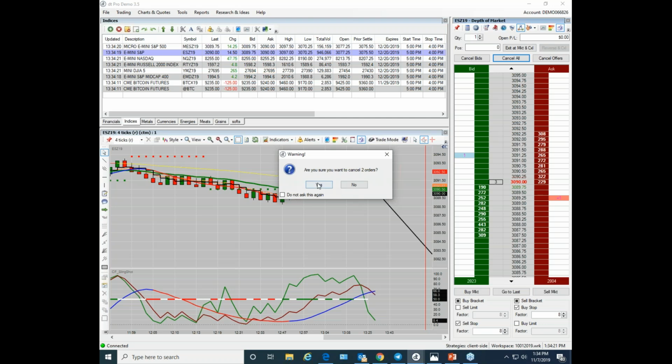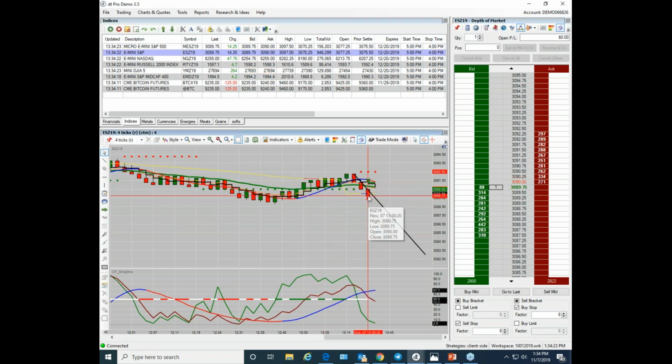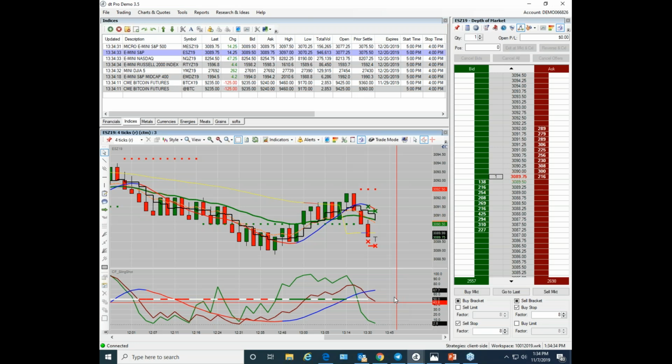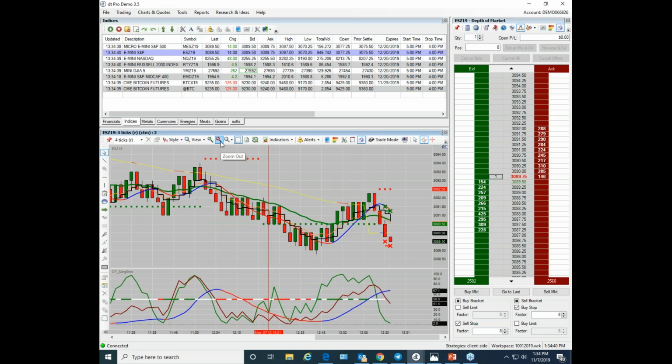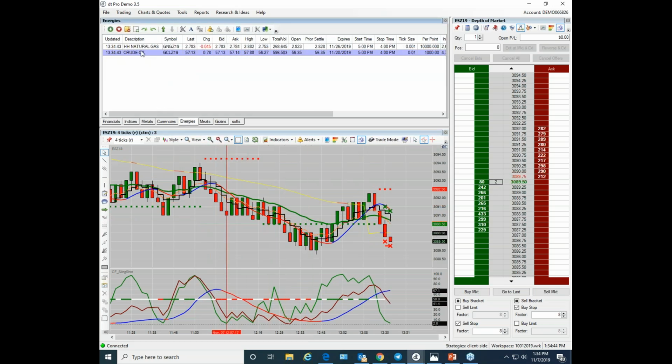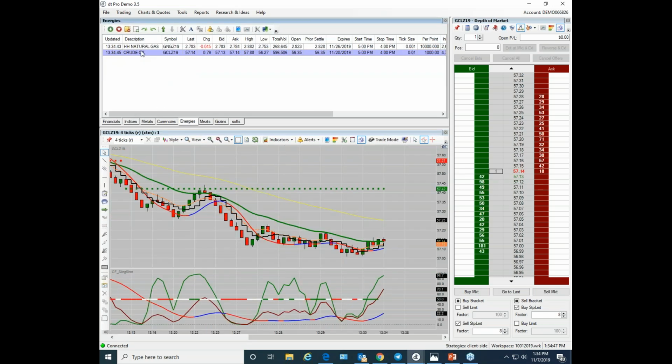That's what you do. I don't know why these X's are popping up, but that's what you'd end up doing. Now again, this is lacking a trend, so it's just a bad example. And don't ask me why I get green and red X's here. Something's going on that I don't know about. But let's try to find something that looks easy and obvious so we can be a little bit more